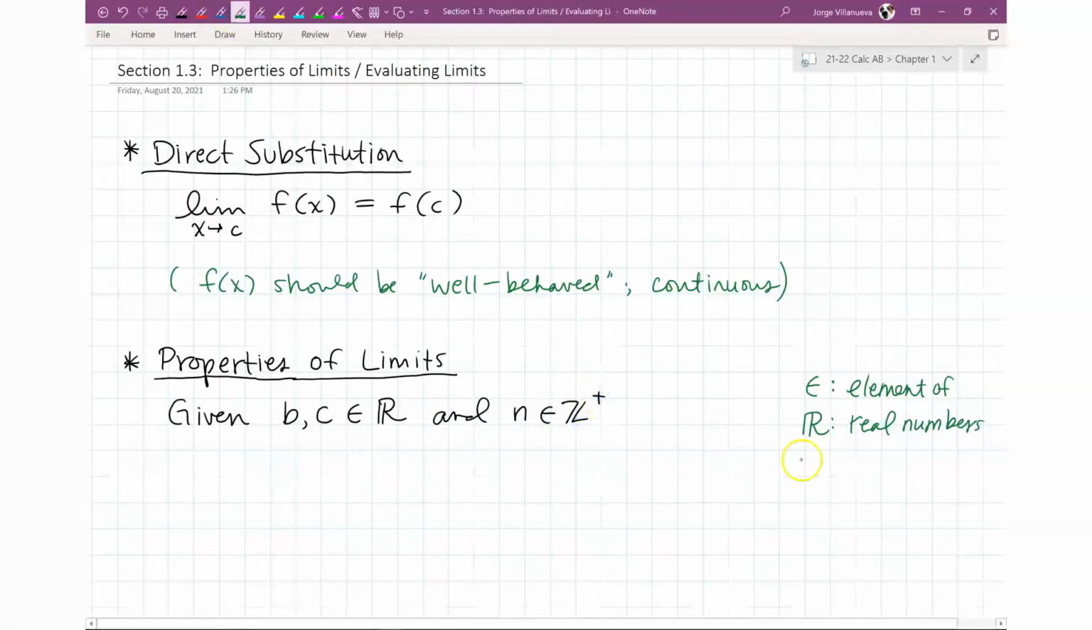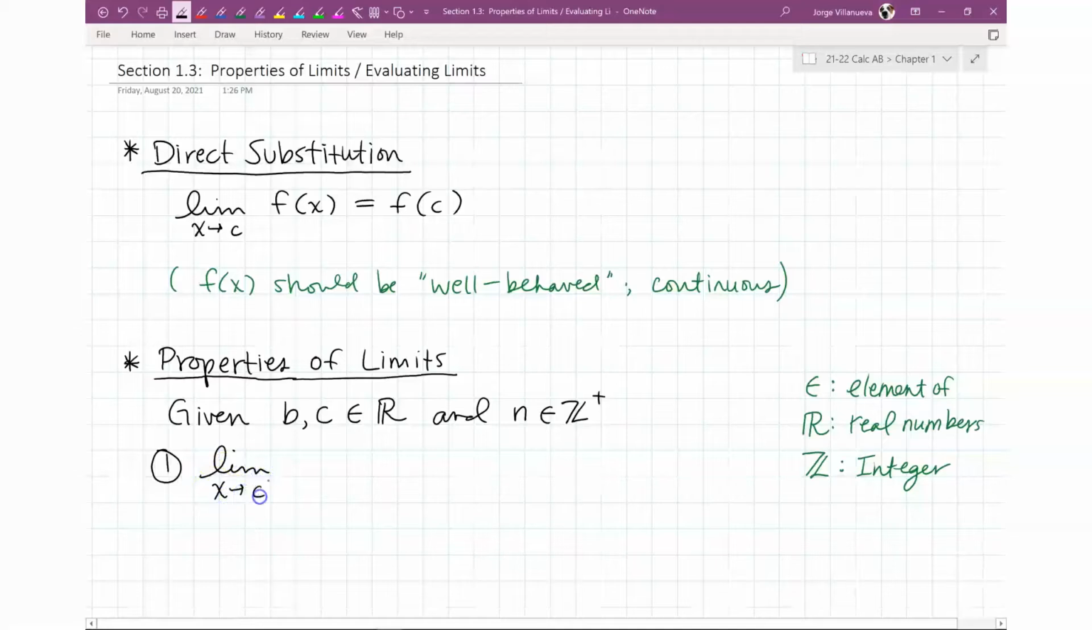This is an integer, and a power of plus means positive whenever you put it next to a class of numbers. So you could use a plus or minus, meaning positive integers, negative integers, right? So it would be Z plus or Z minus. So given that B and C are just real numbers, and that n is going to be a positive integer. Okay? So here's what we get. Number 1. The limit